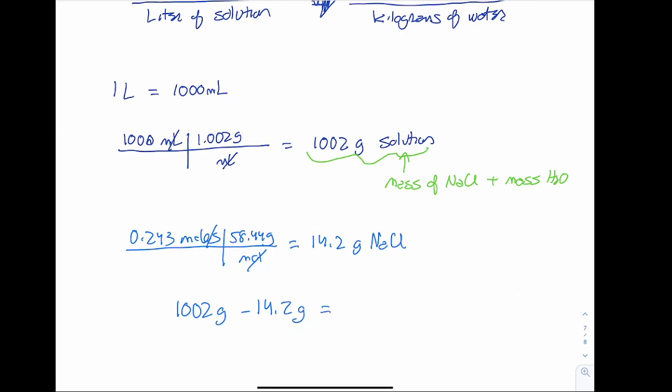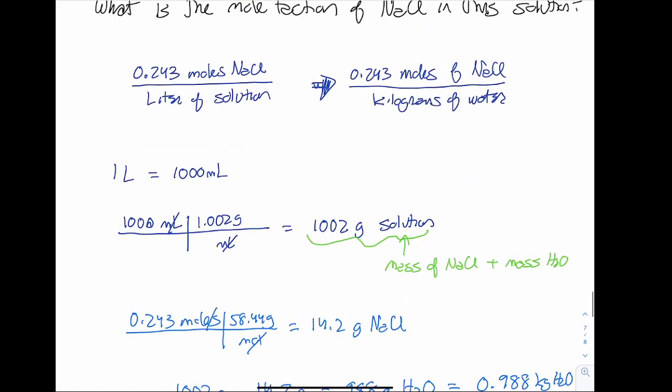And I'm getting my calculator again. That gives me 988 grams of water. Molality is kilograms, so we're just going to move that decimal place over 3, and I'm going to have 0.988 kilograms of water. So I now have the number on the bottom, so we'll finish it out in a minute, but kind of